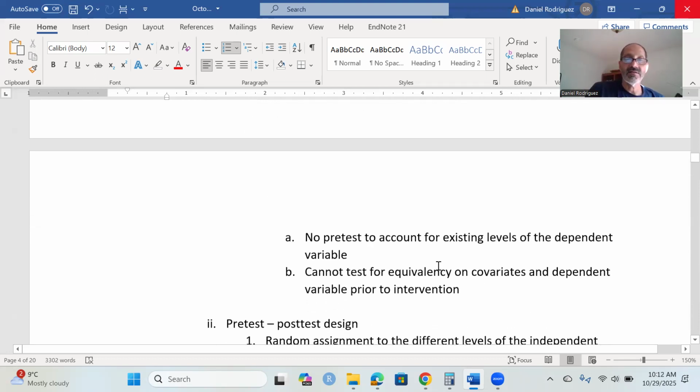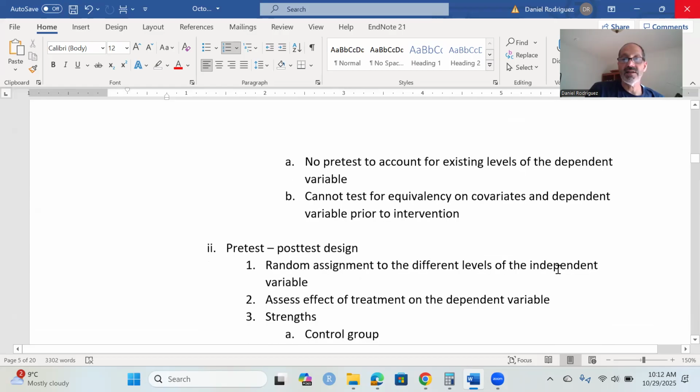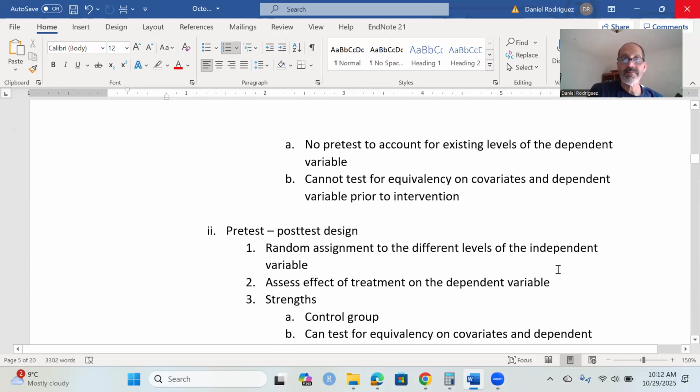The weakness, of course, is you have no pretest to account for existing levels of the dependent variable, and you can't test for equivalency on covariates and the dependent variable prior to intervention. You want the treatment and the control group to be equivalent on everything except for the treatment, and you can test for that when you have an assessment prior to the